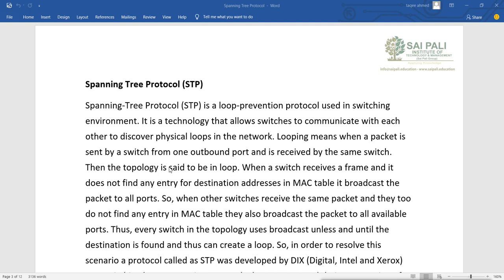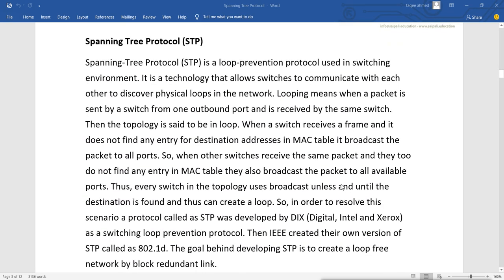So then the topology is said to be in loop. When a switch receives a frame and does not find any entry for the destination address in the MAC table, it broadcasts the packet to all ports. That is the default behavior of a switch. When other switches receive the same packet and they too do not find any entry in the MAC table, they also broadcast the packet to all available ports. Thus every switch in the topology uses broadcast unless and until the destination is found, and thus can create a